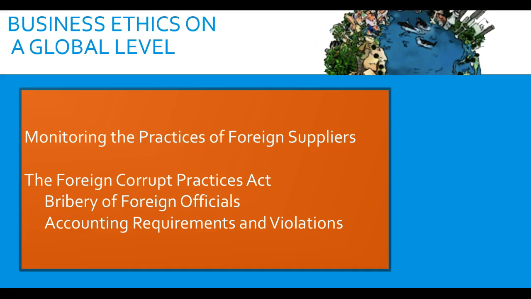A sense of what is ethical varies from individual to individual and from group to group, from nation to nation, and these ethics vary over time. An example of how ethics vary over time relates to employment discrimination. Business ethics on a global scale can be complex given the differing cultures and religions in other countries.